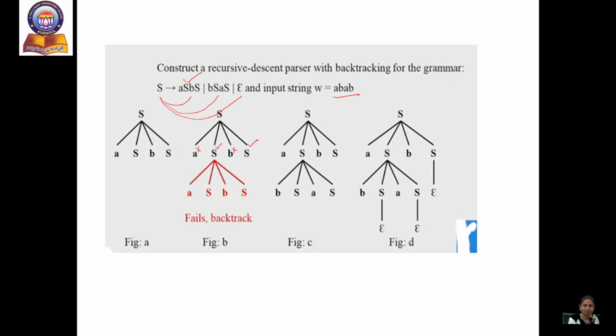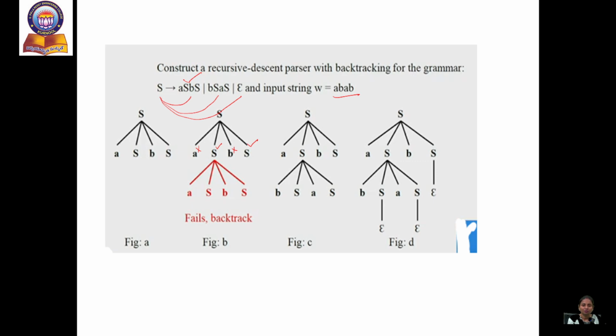Always it considers the first production only, unless it finds out the parsing fails, it keeps on choosing the first production only. So again this S is also replaced by AS BS, that is the first production. And before elaborating further, we have to check whether we are getting the needed string or not. Why? Because when it chooses the wrong production and it fails, it can only backtrack one step backward. After parsing completes the parse tree, until we don't have any expansion, we stop over there, and then we check